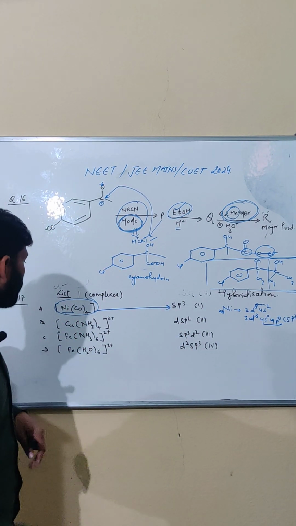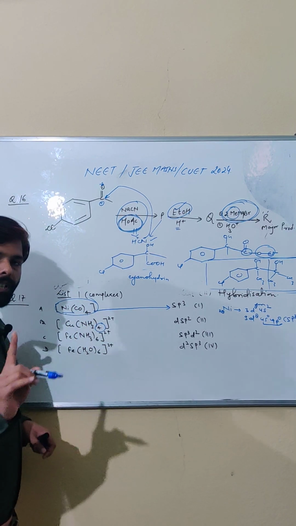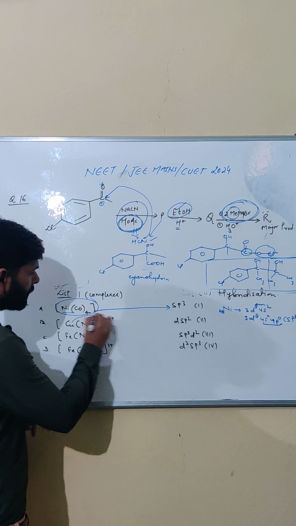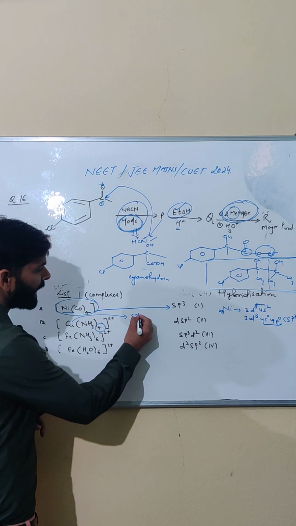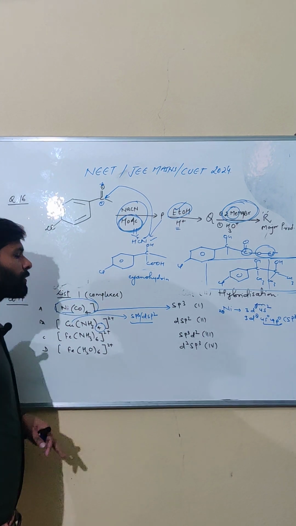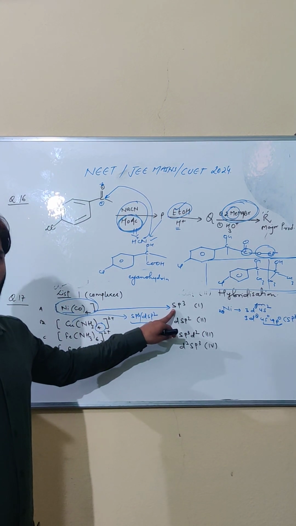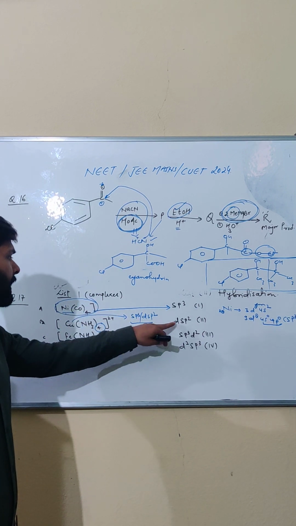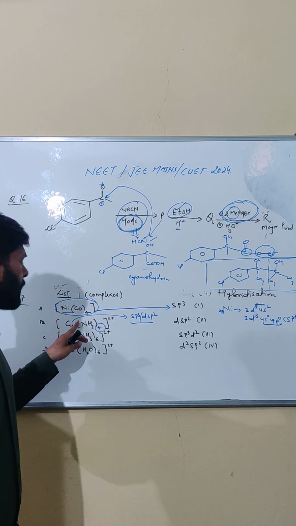That means this is A with first. Now come to second question. You are having 4 ligands and that is with copper. So either this copper will be in sp3 hybridization or dsp2 hybridization. So already we are having this sp3 hybridization for nickel tetracarbonyl. So the only option left is dsp2, and that you can check it.